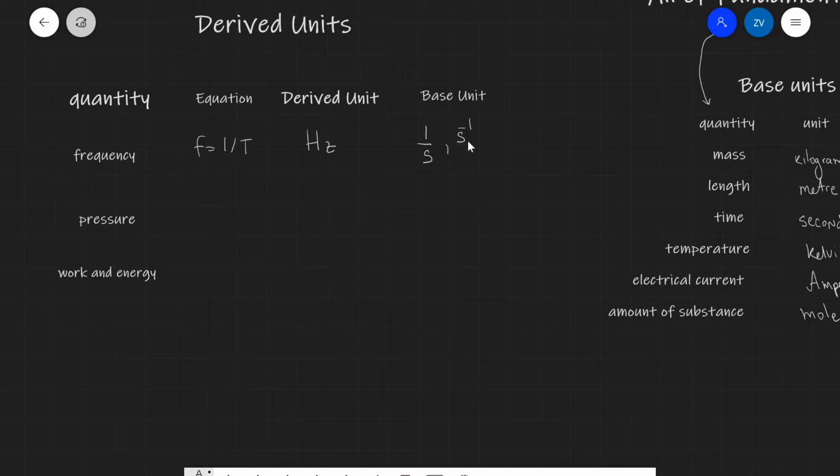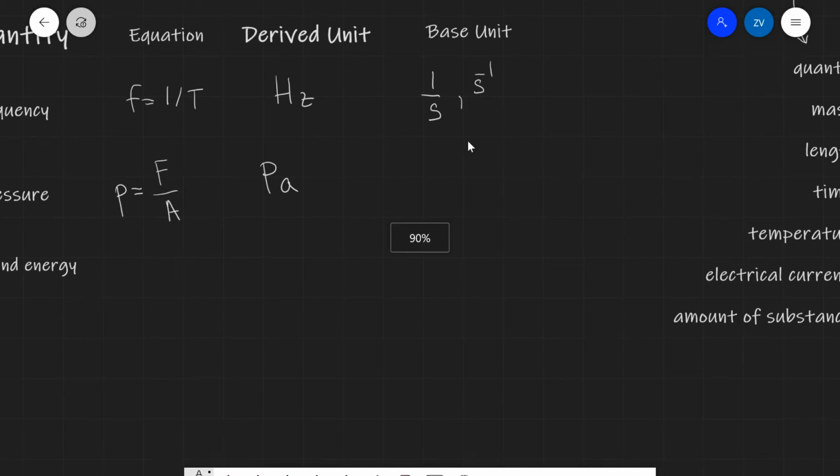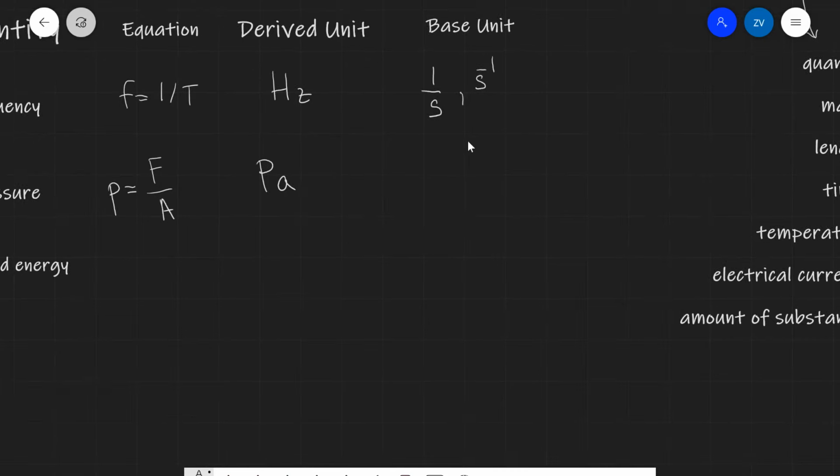Pressure. So pressure is given by the force divided by the area. The derived unit for the pressure is known as the Pascal. Now this is not a base unit. What would the base unit for pressure actually be? Well, let's have a look. First off, because pressure is force over area,